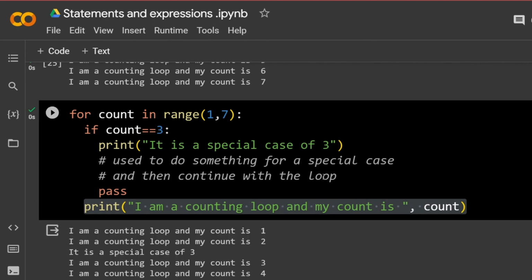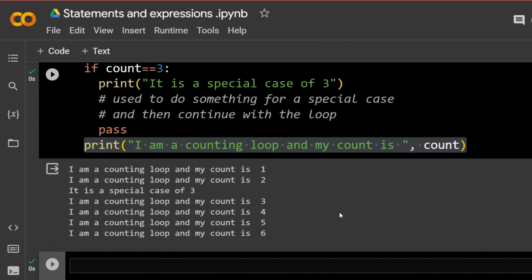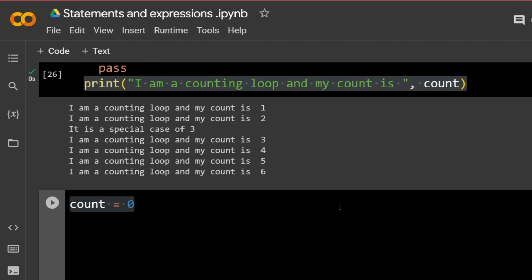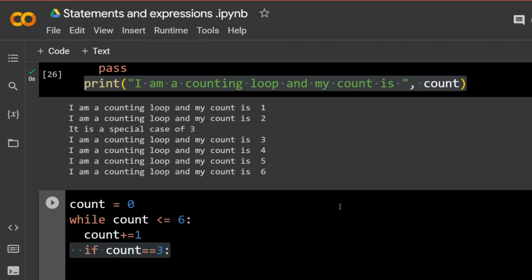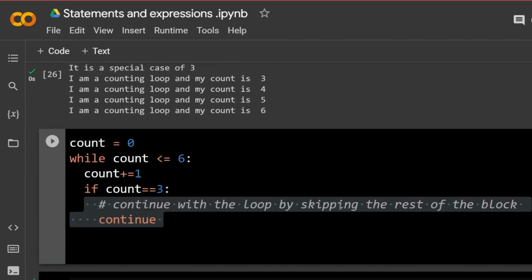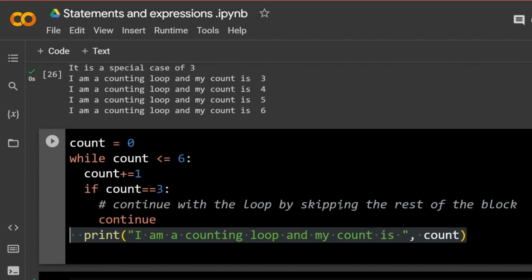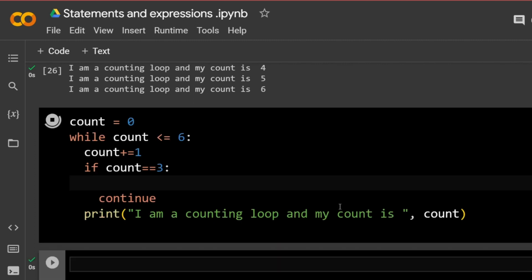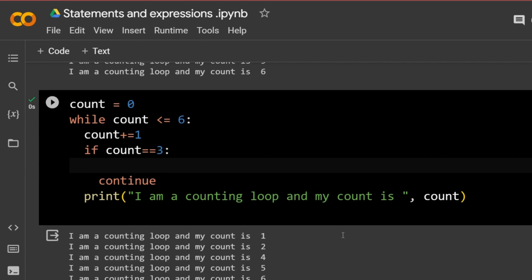Let's see the next keyword. So let's take the same example of the while loop. I have again my special case of 3. Here, I want to continue without doing anything in the case of 3. So I say continue as a keyword and I execute the loop. So what happens is when the 3 is hit, it does not execute the rest of the statements and then it continues with the loop. So it skipped